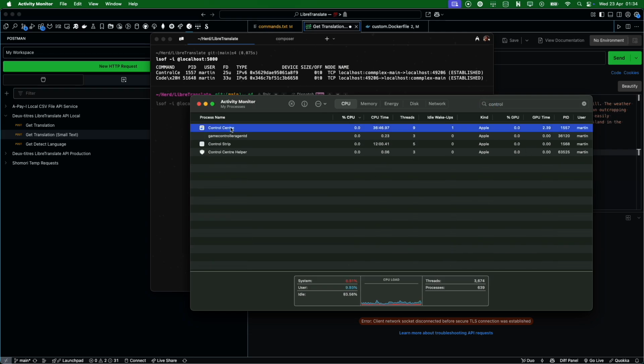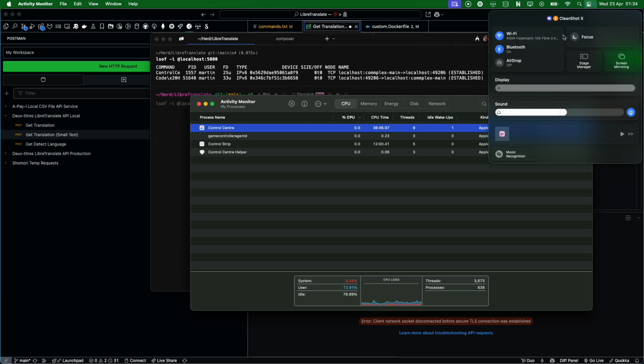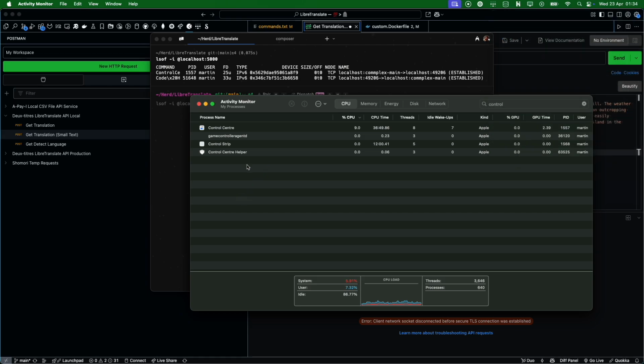Control Center. From the icon, I can assume that has something to do with our little control center pane over here. As it's networking, perhaps it's something to do with AirDrop or something to do with my microphone. I have no idea. But it's obviously something that's activated since we last worked with this LibreTranslate service. So